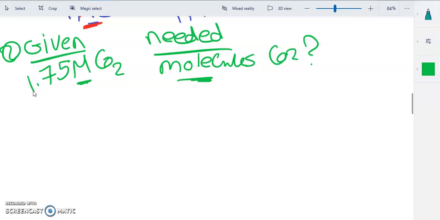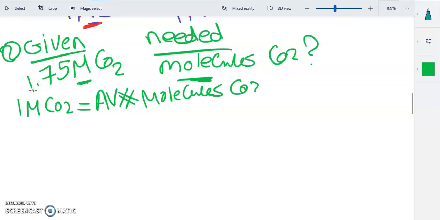Then you figure out that you actually have the option to use the Avogadro's number equation, or equality, and after this you extract your significant figures. You extract your conversion factors. So we can add here that 1 mole CO2 has Avogadro's number of molecules